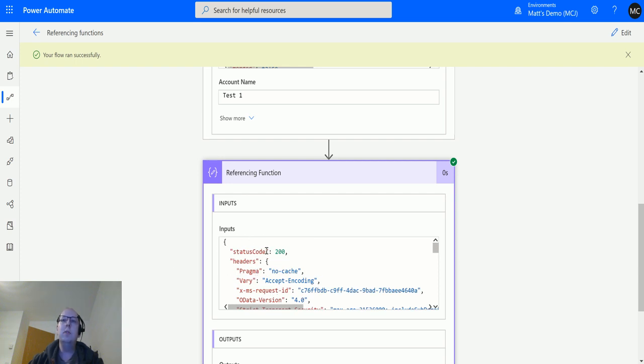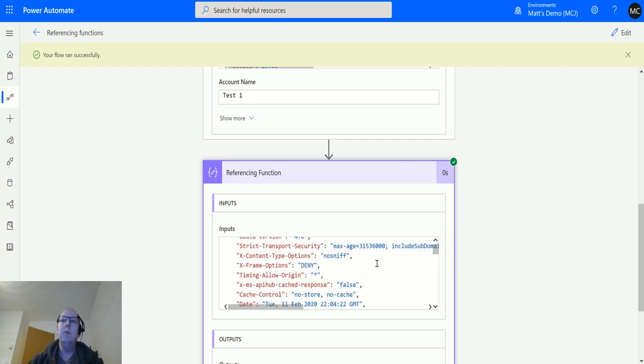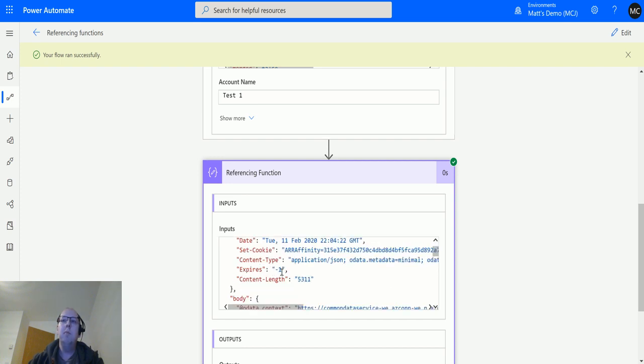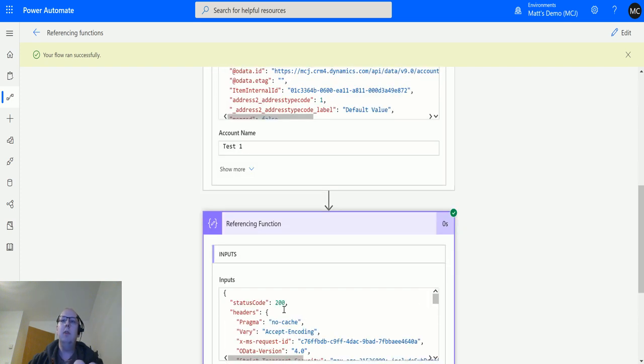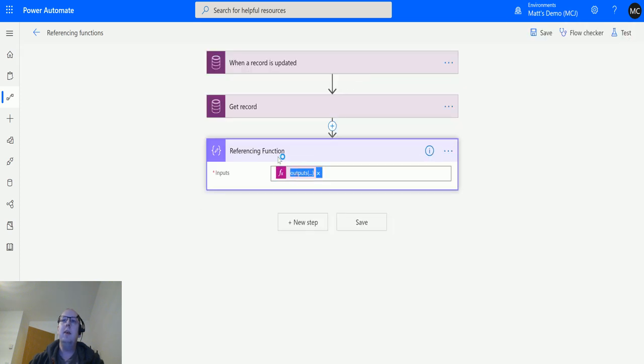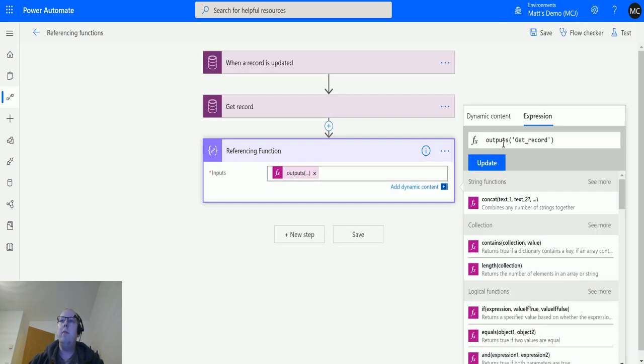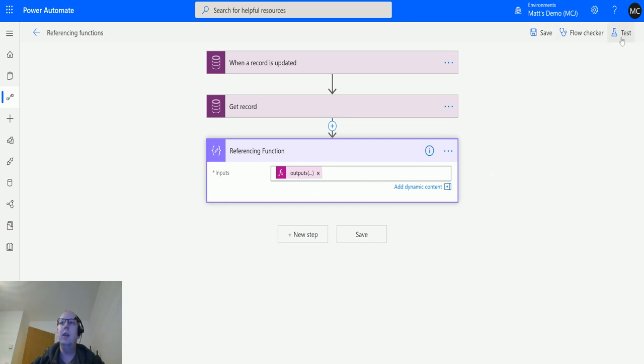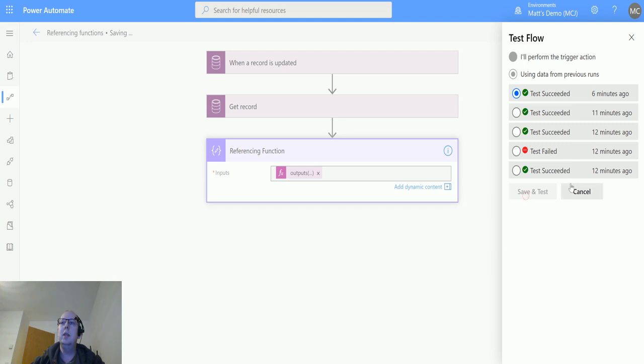For instance, maybe I just wanted to find out what the status code was. So I just copy this to my clipboard. Inside my referencing function here, if I have outputs get record, I can specify the name of the field that I want to get out. If I just want a specific field, this is the way you get the information. You don't need to parse the JSON. You don't need to filter it or select it. You can just put this, and you'll get that name of that field that you want. So if I just run this again,